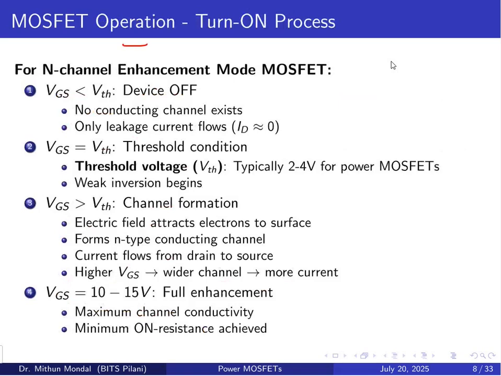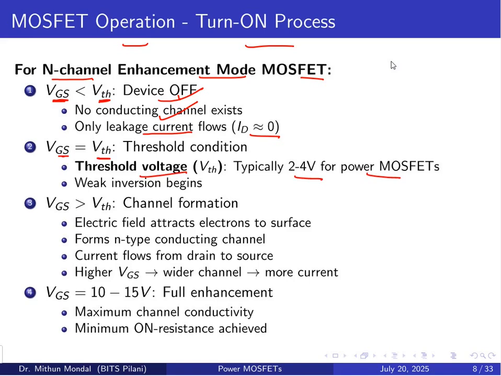Now the MOSFET operation during the turn-on process, we will be taking the example of N-channel enhancement mode MOSFET, which is more common. So here if the gate to source voltage is less than the threshold voltage, then the device will be in the off state. In the off state, there will be no conducting channel existing and only the leakage current will be flowing. So drain current will be approximately equal to 0. When the gate to source voltage is equal to the threshold voltage, which is typically around 2 to 4 volt for the power MOSFET,